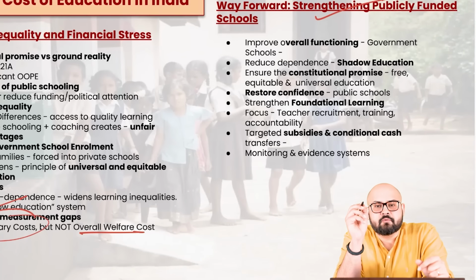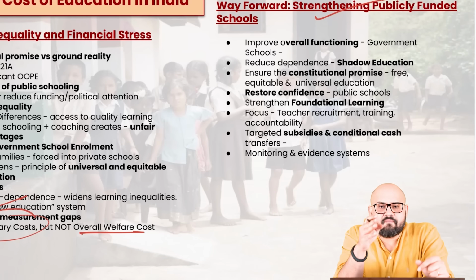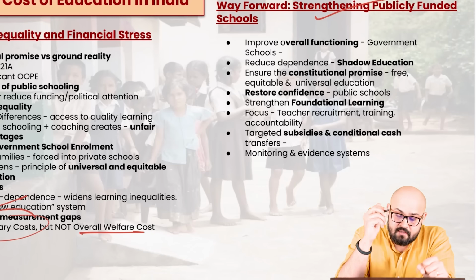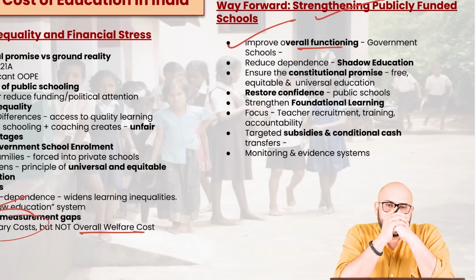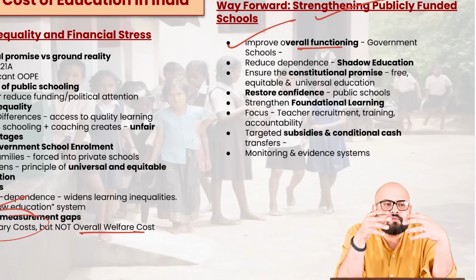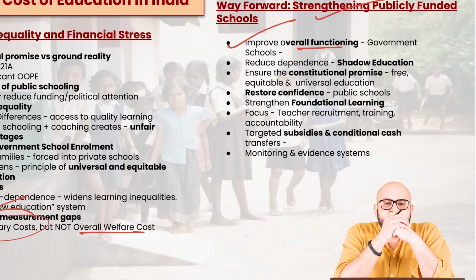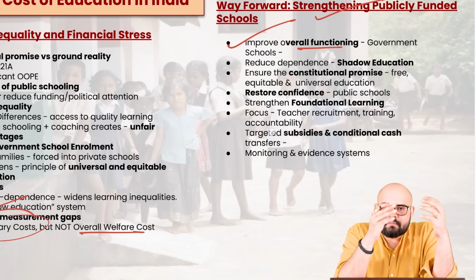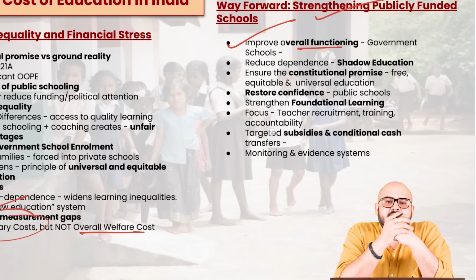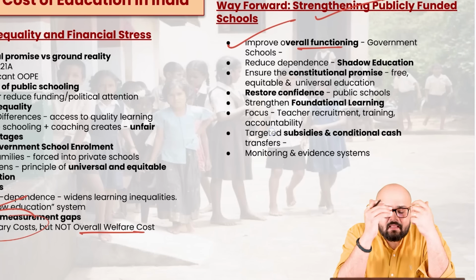Strengthening the publicly funded schools, especially in a country like India where we have a lot of income disparity. It becomes all the more important that we shift our focus to these public schools. Very important. Improve the overall functioning of the government schools. Focus upon the infrastructure. In some schools, there is not even a provision of electricity. There are dark classrooms. You must have also seen the kind of centers we sometimes get in the UPSC preliminary exam. Some of these government schools do not have the provision of basic electricity, water, toilets; infrastructure is missing. There is absenteeism,